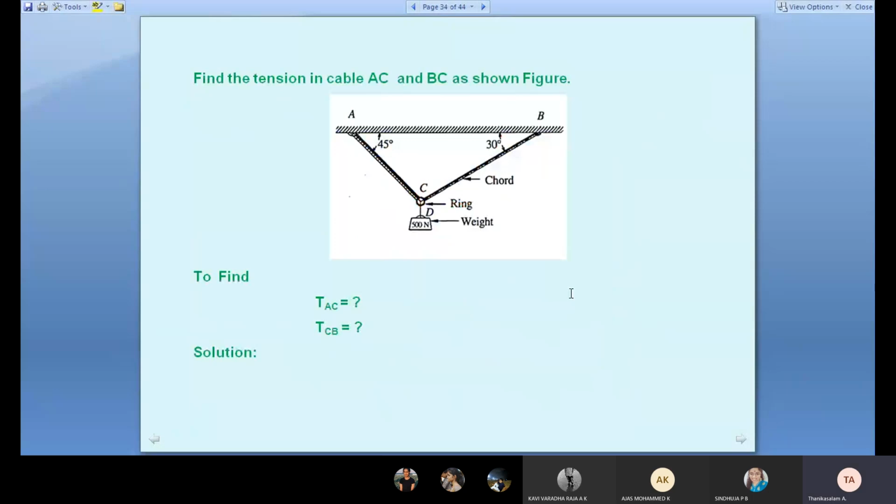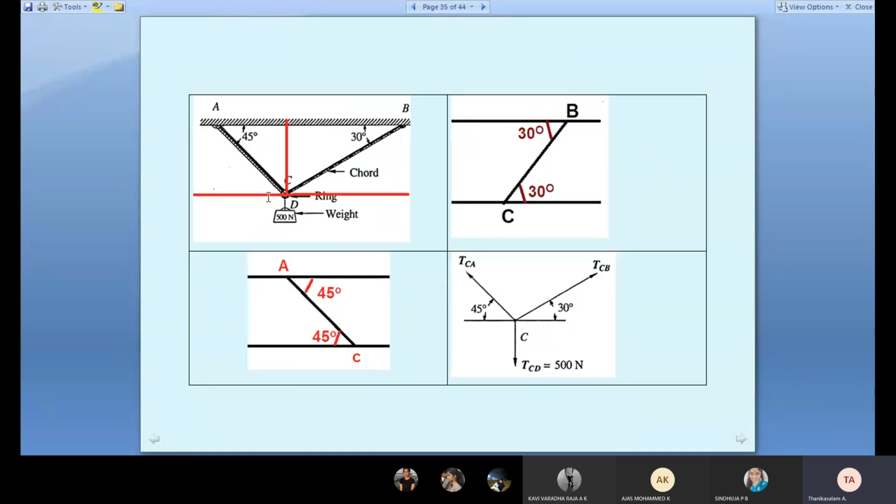Then the first unit problem. We have to recall the first unit problem. Find the tension in the cables AC and BC. C is the common point; we connected B and A to C. They asked what is the tension TCA and what is the tension TCB. With respect to C point, I have marked X direction and Y direction. Already fine, you need to know. So we want the inclination. Any inclined force you must resolve. See the CB line. It is an alternate angle, no, already the P point is 30 degrees. Therefore, the alternate angle with respect to C point is 30 degrees. So see the tension TCB, 30 degrees. Similarly, you see the CA line.